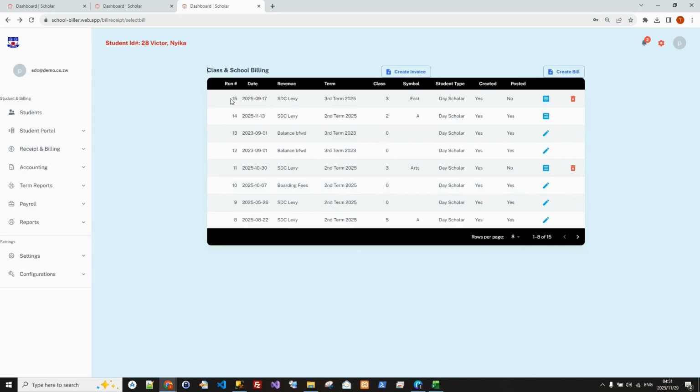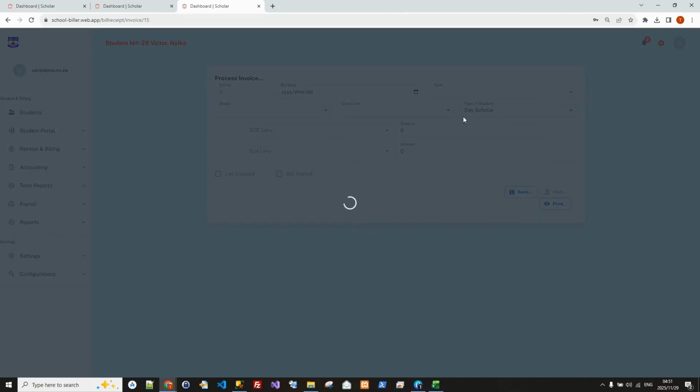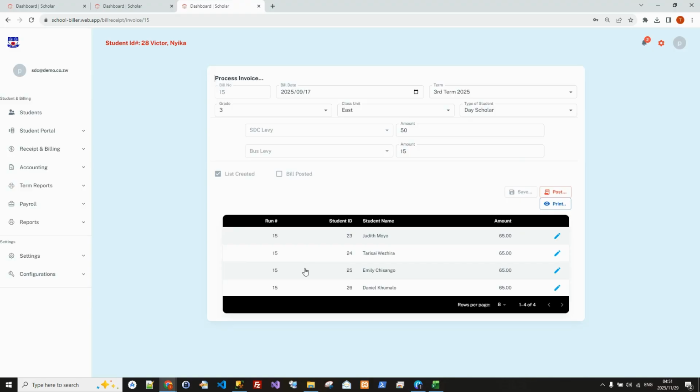And once we save, it will create the entry there to show that it has been created, but it has not been posted. Unlike this one which I had done earlier on, it was created and is also posted. I can no longer remove this particular one because it has been posted. However, I am still able to remove this particular invoicing because I have not posted that to the student's account, right? So I'll go into that, and then it will show me it has created a list for